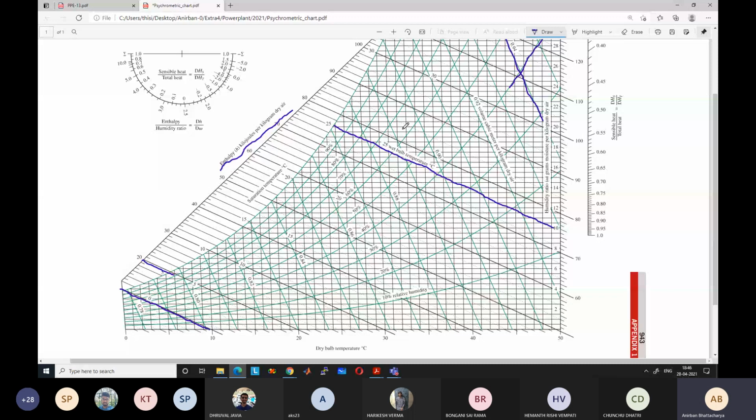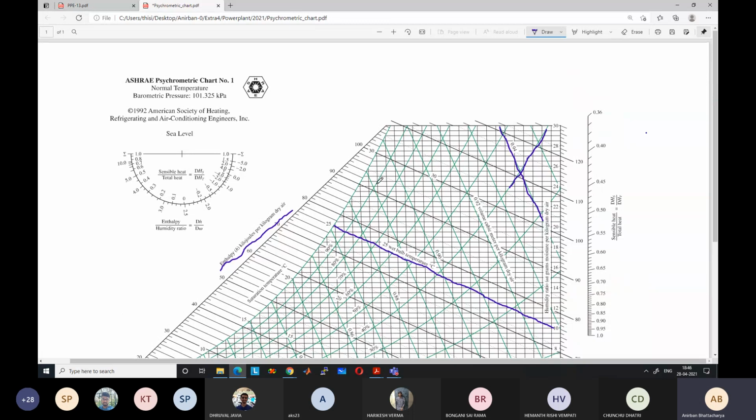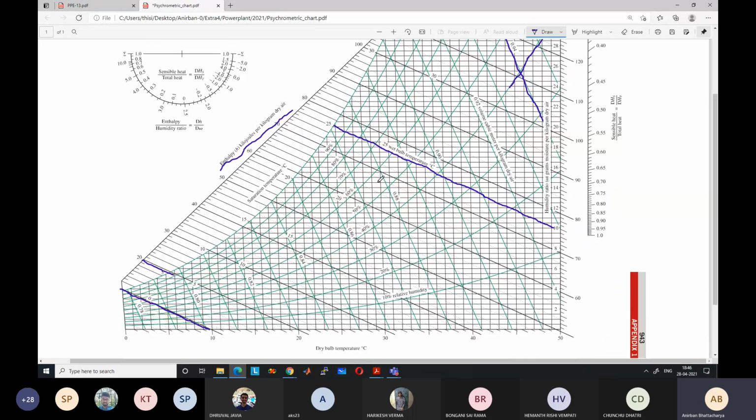So is there anything you don't understand here, or is everything understood? You should be able to fix the point if any two conditions are given. If I tell you the wet bulb and dry bulb temperature, you can fix the point. If I tell you the dry bulb temperature and relative humidity, you can fix the point. If I tell you the enthalpy and relative humidity, you can fix the point. Based on this, you can find all the other values. It will be approximate, but it still gives approximately correct results. If you want a very correct calculation, you have to use the tables instead of this, but the calculation will become much more difficult.